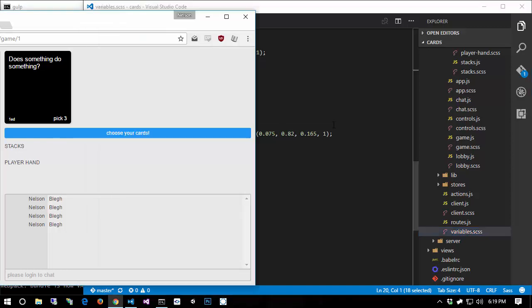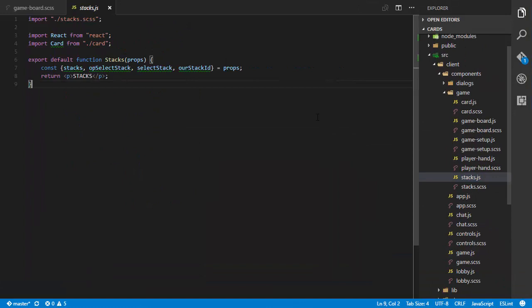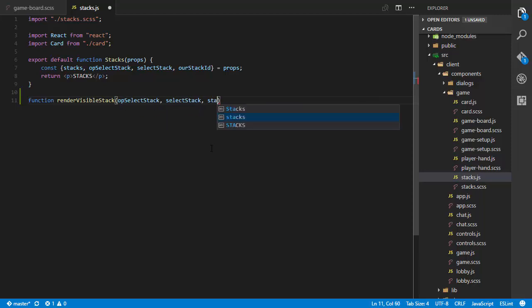All right, let's go ahead and implement our stacks. We're first going to implement our stacks in JavaScript in our component, and then we'll style them afterwards. So the stacks are pretty straightforward. I'm going to start off with two helper functions. I'm going to say function renderVisibleStack that takes in an opSelectStack, a selectStack, and a stack. Actually, I'm going to change the order of these parameters. I'm going to start off with stack. Then I'm simply going to return